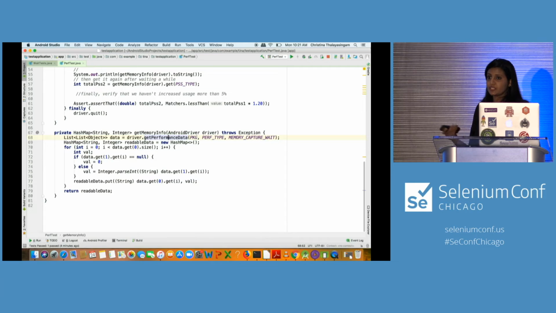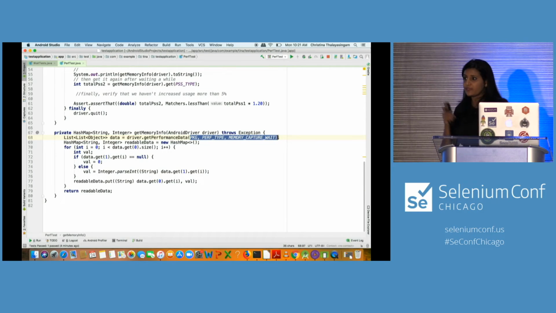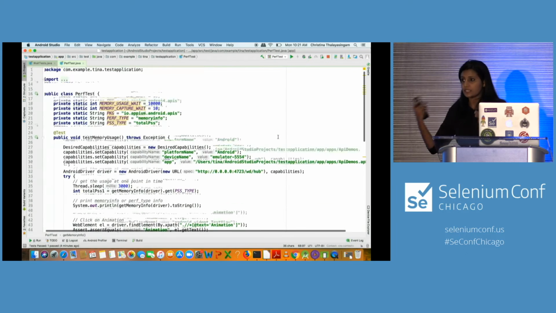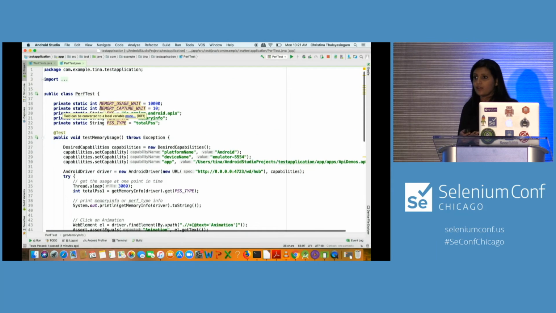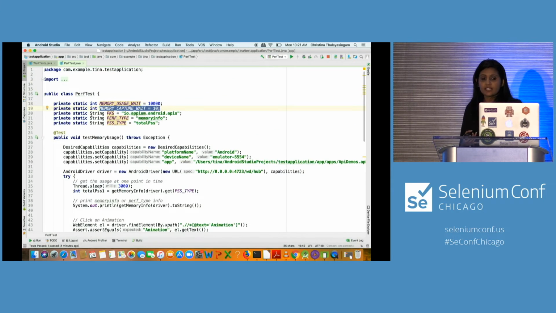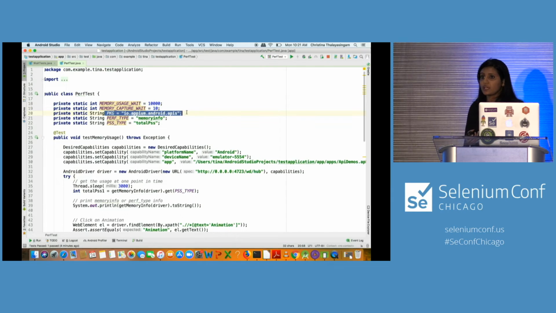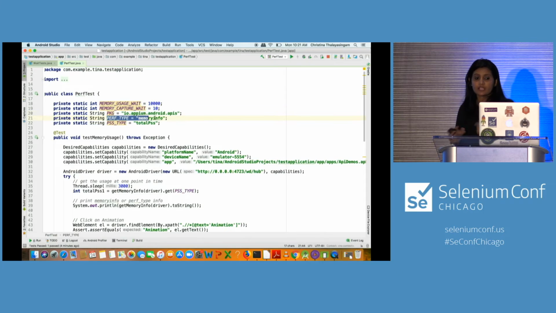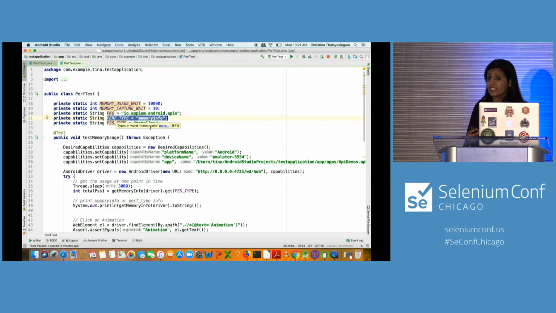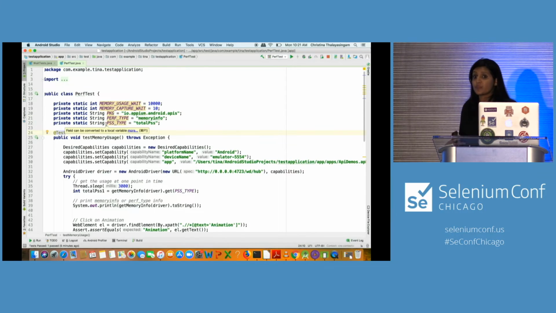So as I mentioned, I'm using the command that I showed. This is very basic for you guys to understand and take it back and build on this, right? So I'm giving a specific call time, a poll time, and then we'll also specify the particular package. And currently I'm using memory info,